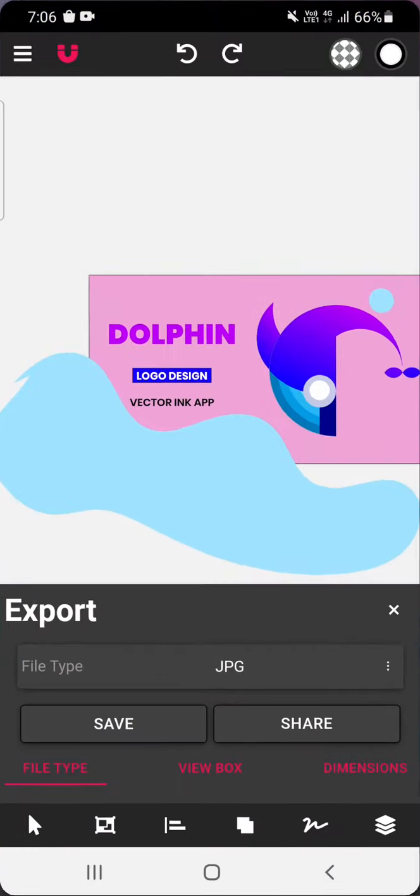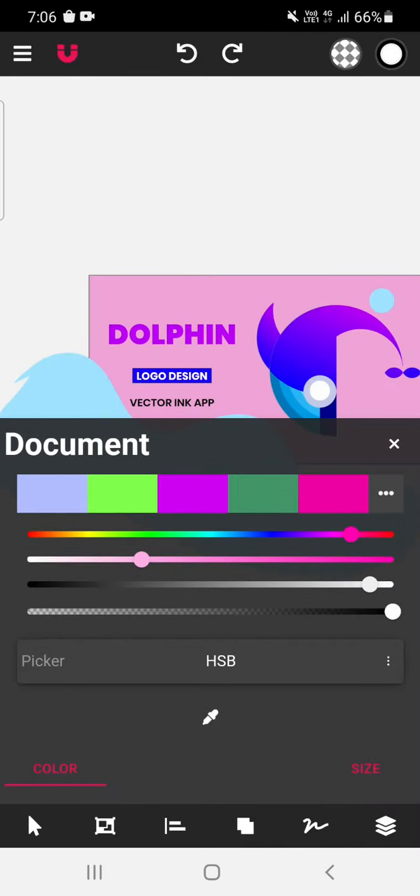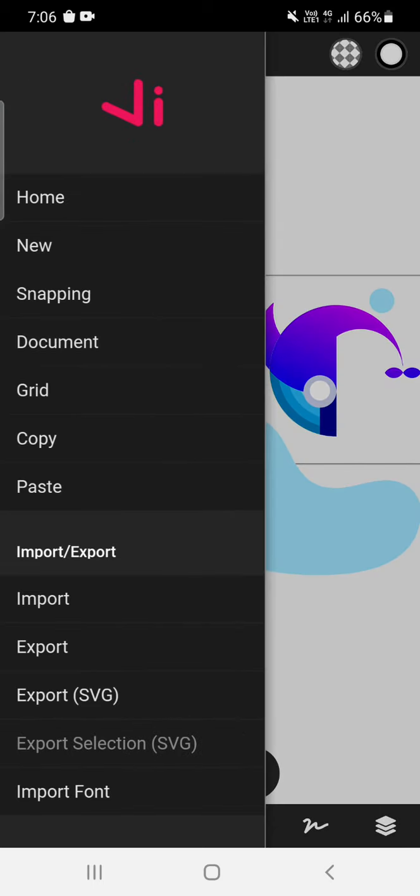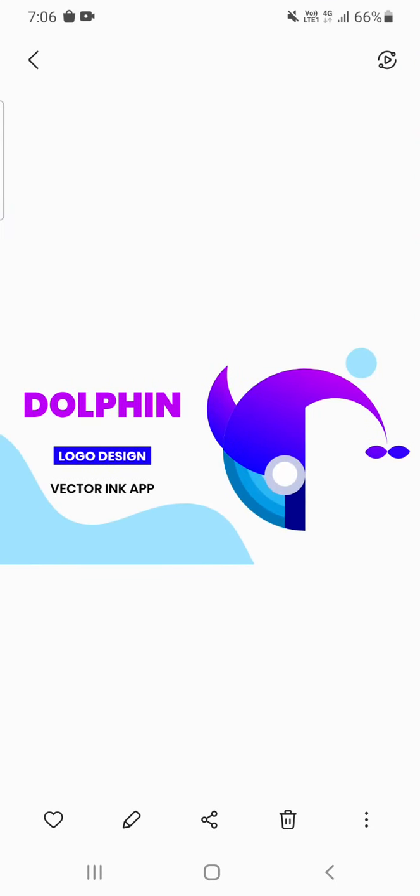Similarly, you can make your background transparent. Let us see. Tap over here, documents, and then drag this particular option to this last end. So this is the transparency panel. So you have reduced transparency to 0. So it is 100% transparent, this background only. Now we will try to export this. Export. Now we will make it PNG and then save. So let us see now. See, this is now PNG. The background only has become transparent.